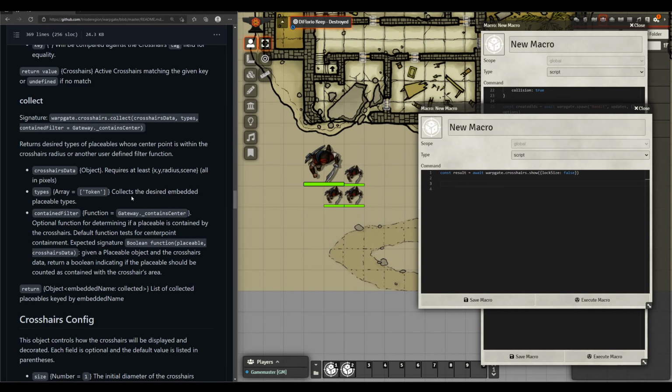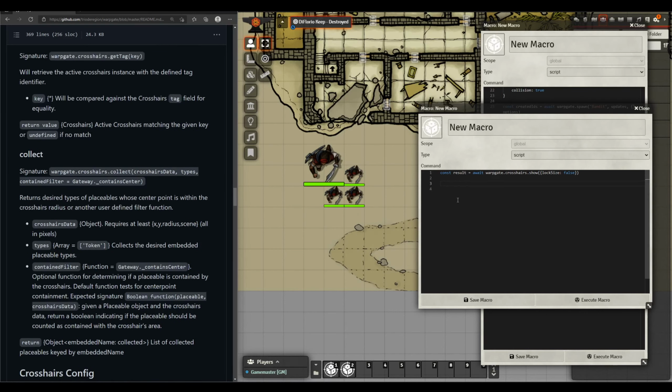You can use collect without ever using crosshairs, no big deal. But we have a crosshair, so let's go ahead and use it. We're just going to log this out and say console log, and I'll turn my camera back on after this. Console log warpgate.crosshairs.collect, and we say crosshairs data, which is our result, types, and we're not going to